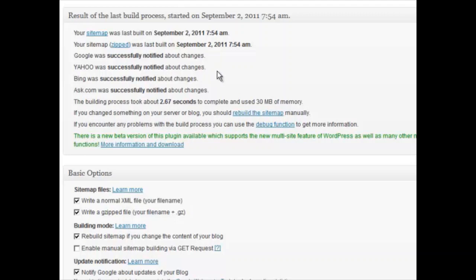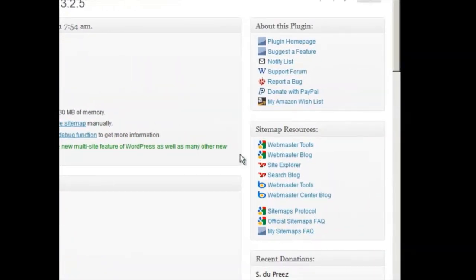That's a good thing. The great thing about this plugin is it's awesome for SEO, for search engine optimization. Giving Google, Yahoo, Bing, and Ask your sitemap really helps those services spider, index, and consequently rank your content. Highly beneficial. The next step you should take, however, is to look at these sitemap resources over here